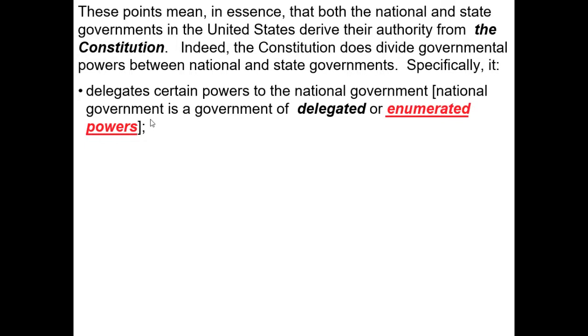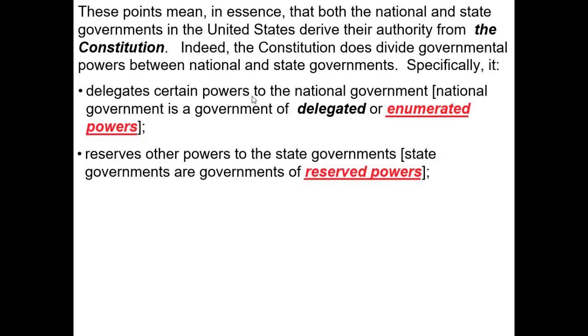That word enumerated means that you can read the Constitution from the beginning to the end. When you encounter the first power delegated to the national government, you say, oh, there's number one. Keep reading. There's number two. There's number three. There's number four. So that by the time you finish reading the Constitution, you would have some finite number. I don't know what that number is. I've never done that exercise. And whatever powers are not delegated to the national government are reserved to the states. Anything that the Constitution doesn't delegate to the national government is by default a power that's reserved to the states. That is the basic theory.